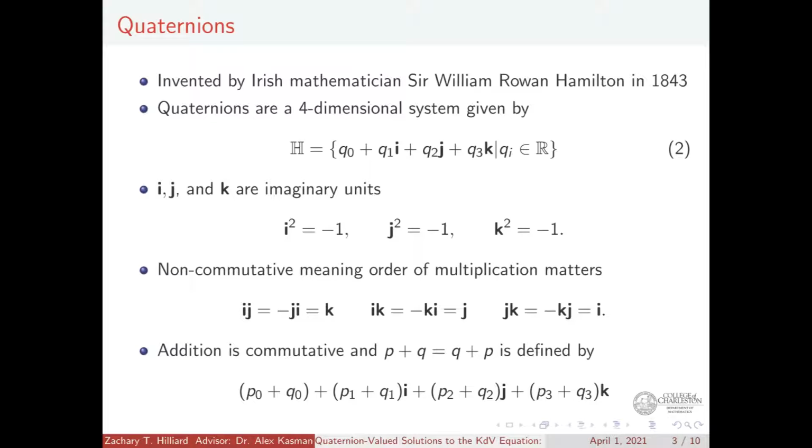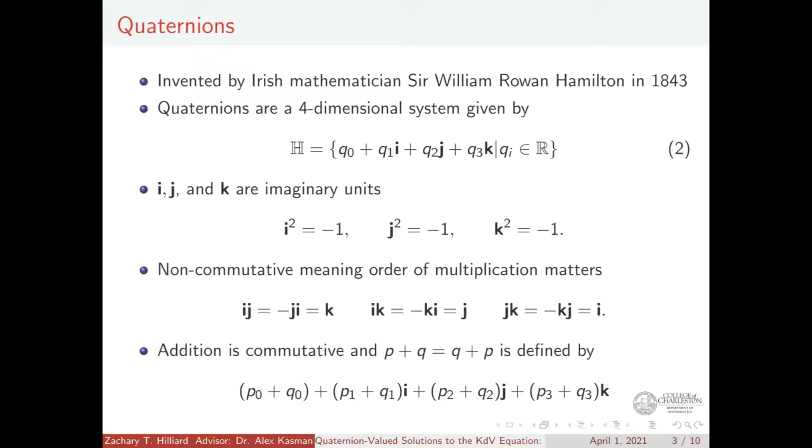And we can build a four-dimensional system like we can see in this first equation. So the quaternions are given by this set H, and they're defined as the sum of individual real numbers. We call them q sub 0, 1, 2, and 3, multiplied by 1, i, j, or k. So we have four parts to this number. We have the real part, which is q0, and then we have the i part, the j part, and the